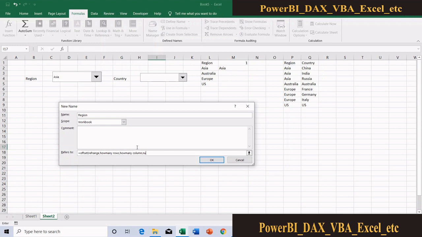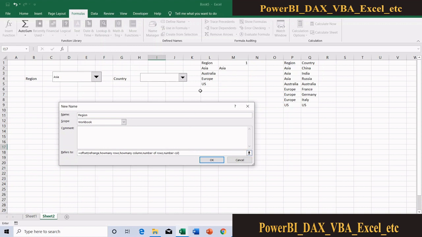Then number of rows, then number of columns. That's it. What should I do? Offset a reference cell. Then from that reference point, how many rows I need to offset, how many columns I need to offset, then number of rows, number of columns.